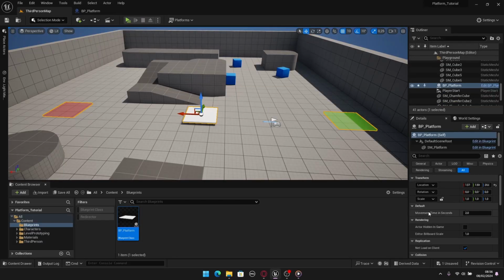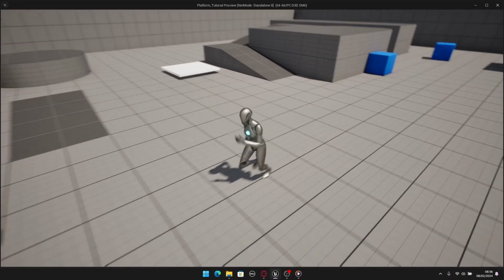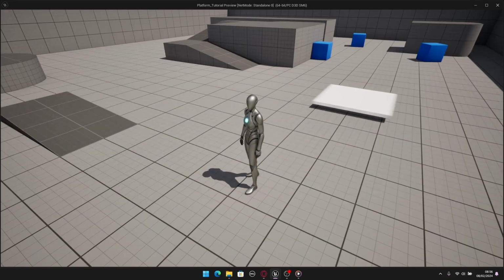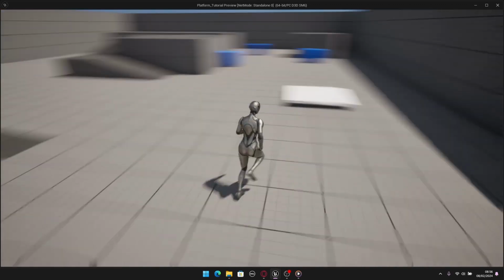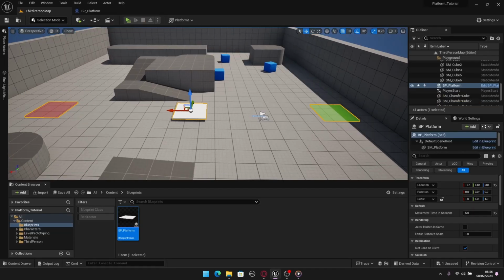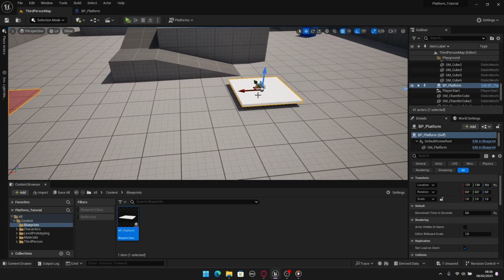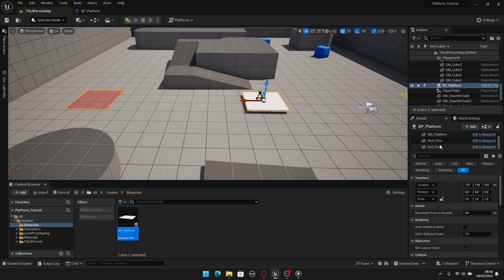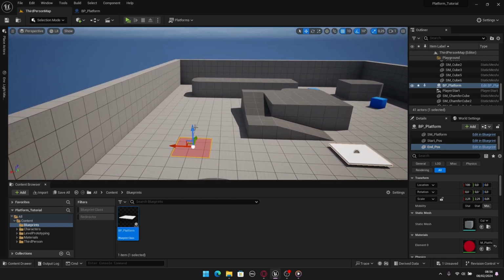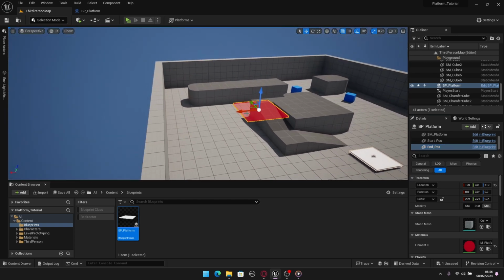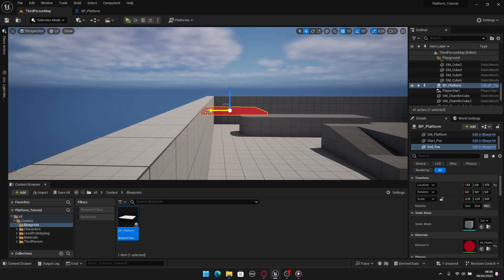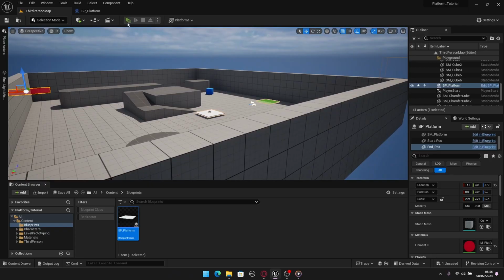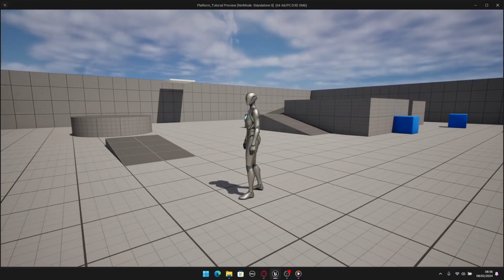If you select this and change this to 5 seconds, for example, and we hit play, this will take 5 seconds. So that's how you can change the time of the movement here. And that's all. So if we select this blueprint and select the end position, for example, we can change this position to anywhere we want. So if we put, for example, like here, open this wall here, there you go, and we hit play, the platform will do this movement, as you can